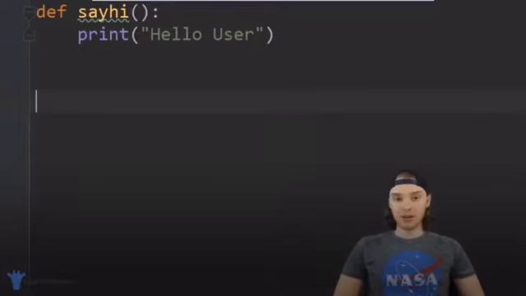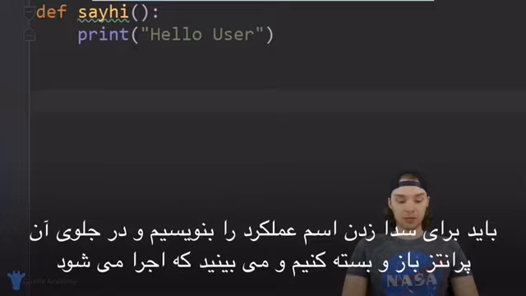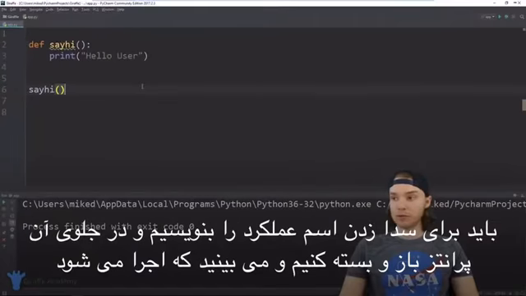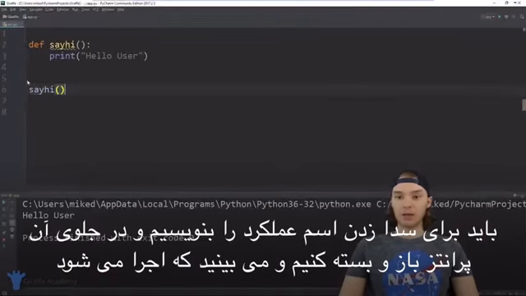The code inside of a function is only going to get executed when we specify that we want to execute it, and in order to do that, we have to do something called calling the function. To call the function, you just type out the function's name and those open and close parentheses. So I'm going to type out say hi and open and close parentheses. Now when we run this program again, you'll see that it prints out hello user. So we're executing the code inside of the function. And I want to show you guys just one more